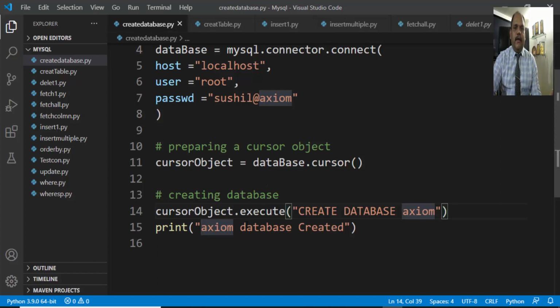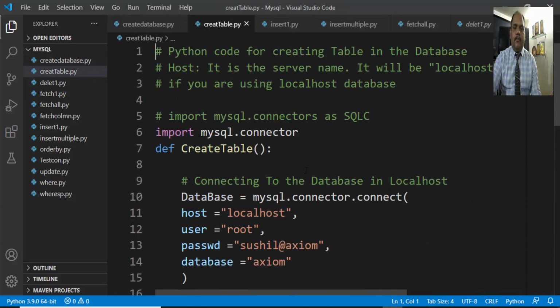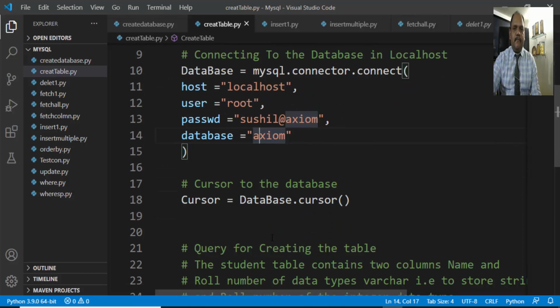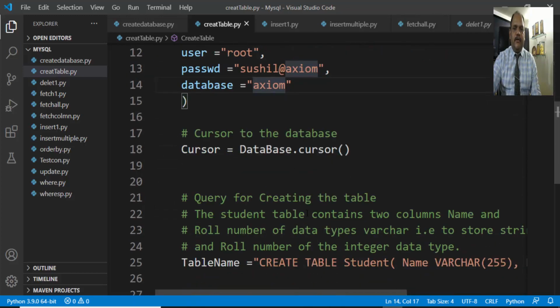After successfully creating a database, now it's time to create a table. The process will be the same. You have to import mysql.connector, and then I define a create table method which will perform the connectivity operation for me. Now I am adding one other argument to the connect method, that is database. Localhost, root, the password, and the database name I am providing. I am setting my cursor on the connection, and then